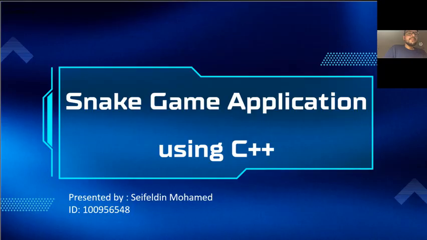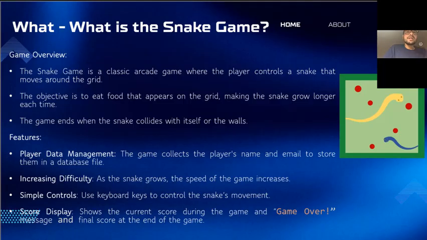So let's start with what is this? What is the snake game? The snake game is one of the classical arcade games where the player controls the snake to collect food while avoiding collisions with walls and over itself. So for this project,